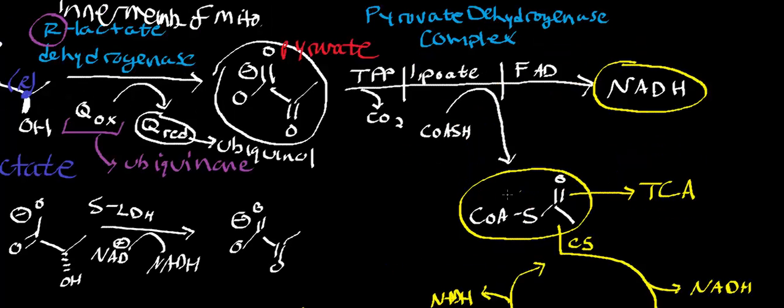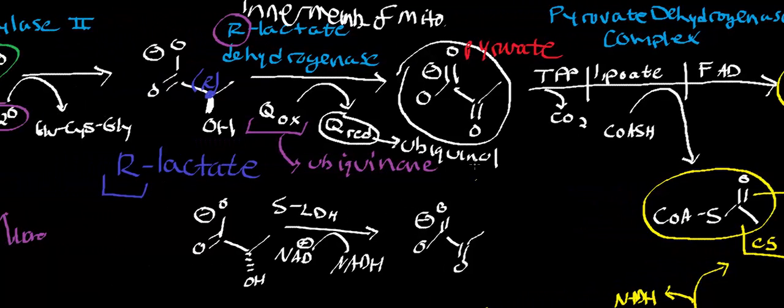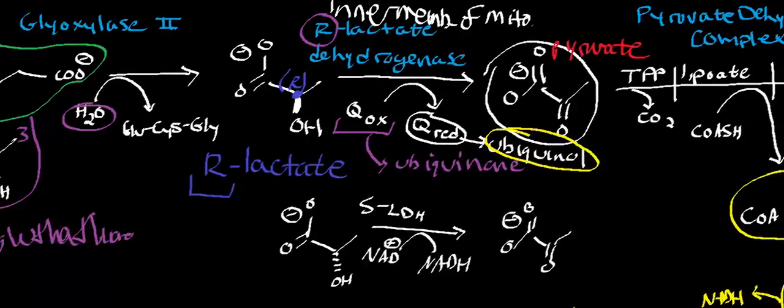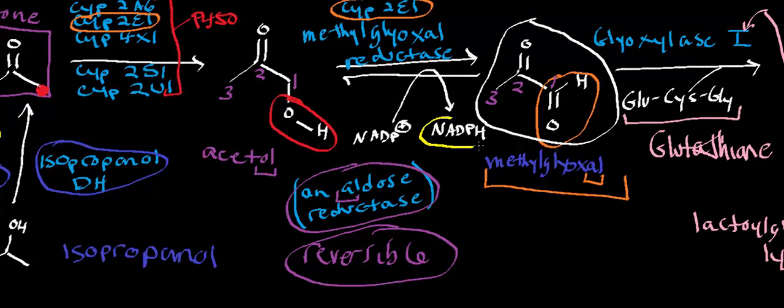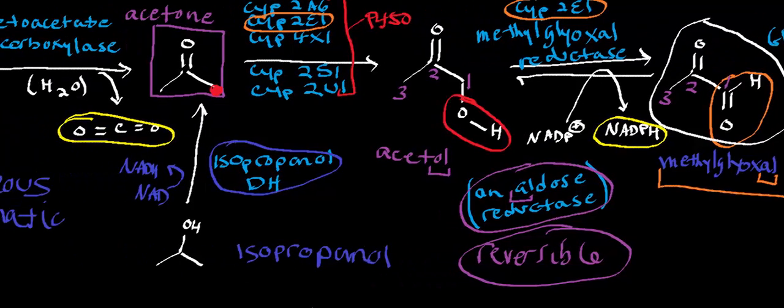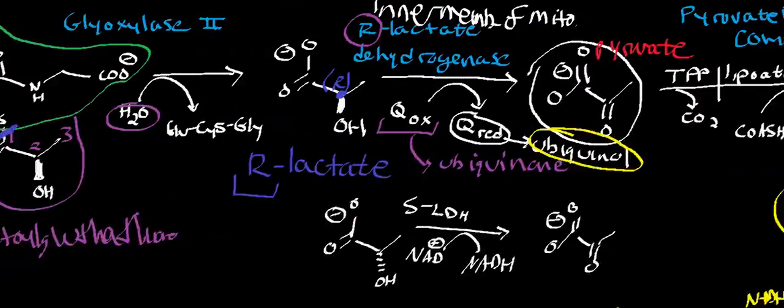So let's really think about our yield here. Yeah, we got an NADH from the pyruvate dehydrogenase complex, but really and truly, we really didn't lose anything. I mean, we gained a ubiquinol here. Let's keep track of that. We gained a ubiquinol. We also gained an NADPH through this reductase that runs from left to right. And I guess technically that NADPH would cancel with the one that was used for this P450 reaction, but overall, this is a tremendous yield,